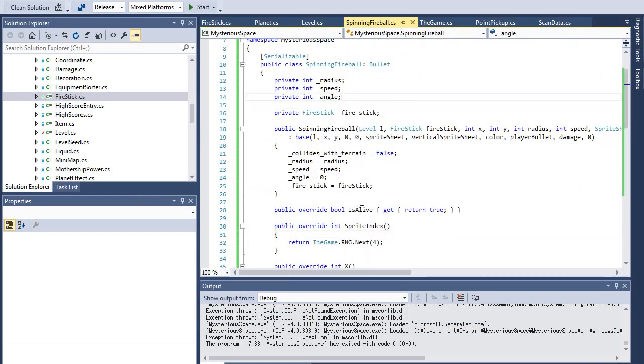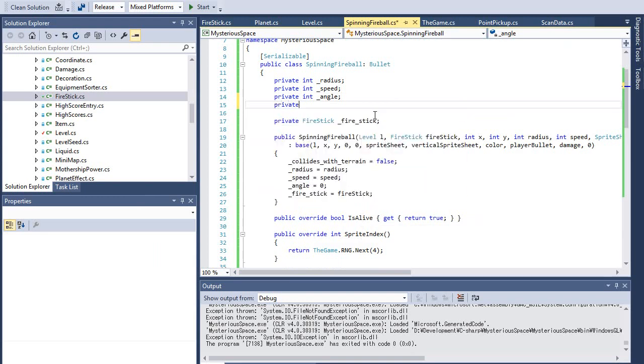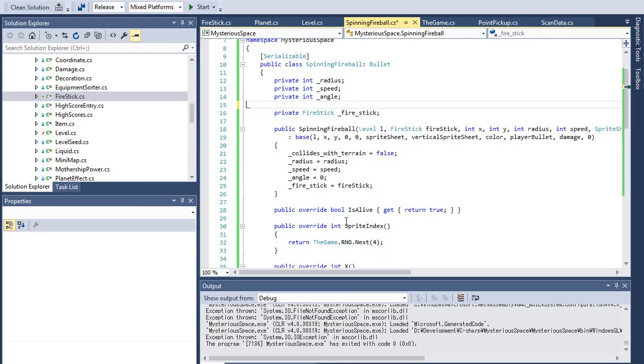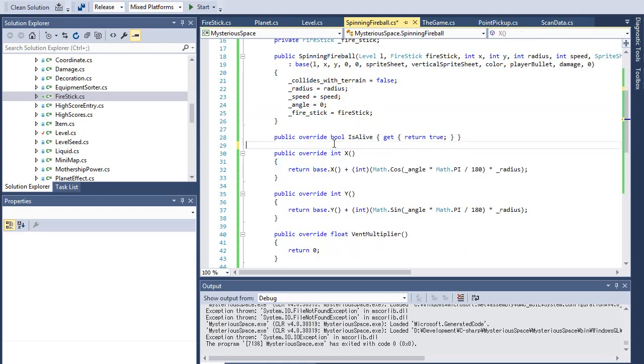Let's do. Ooh, I think there might already be like a sprite index thing. If I do that, it's gonna whine. Yeah, here we go. It hides an inherited member. So let's do something else then. What we want is like